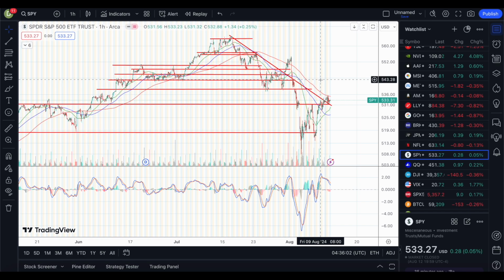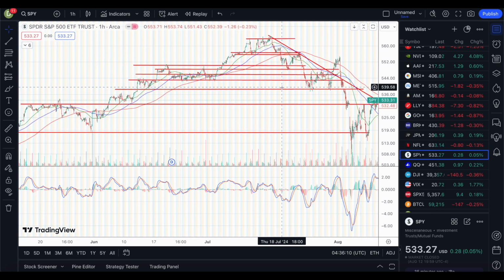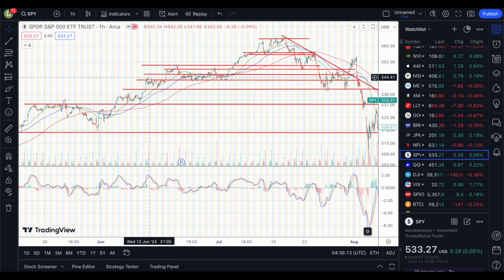But essentially, in my opinion, if we were to head up, this would be more for the Wednesday, personally, getting closer to that range. It's about $543 and some change. That would be where this zone is. There's a decent amount of false breakouts as well, but there is resistance at the same time.